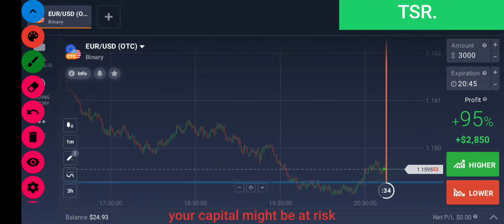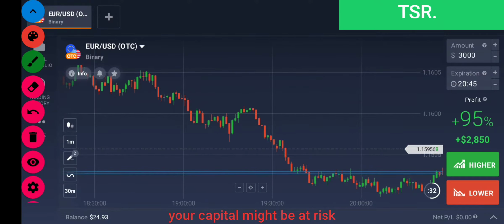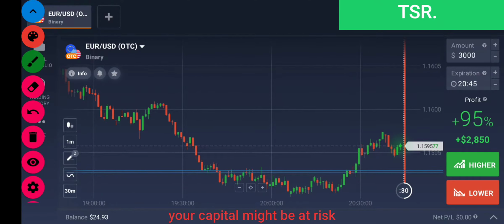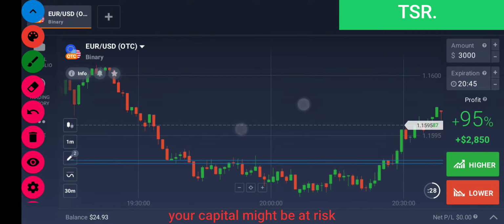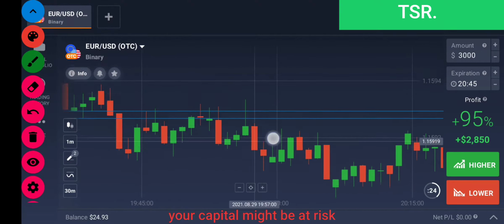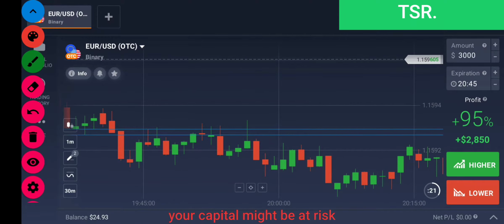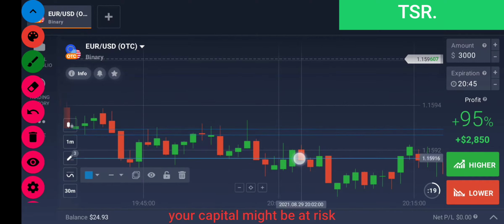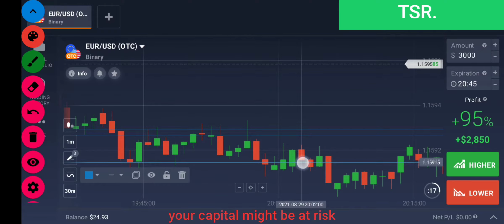You can see the major trend is a downtrend, but this is not the main reason I placed a lower option. The main reason is here. If you observe this market, okay, let me draw it. In this market, right here,